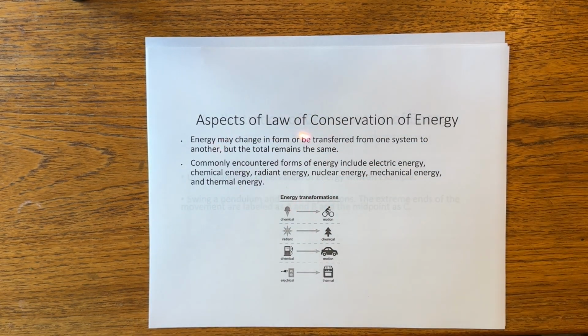Some aspects of the conservation of energy, again, as we said before: it may change in form or be transferred from one system to another, but the total remains the same. Some commonly encountered forms of energy include electrical energy, chemical energy, radiant energy from the sun, nuclear energy, mechanical energy, and thermal energy. So for example, some energy transformations are, if you eat your ice cream and then go